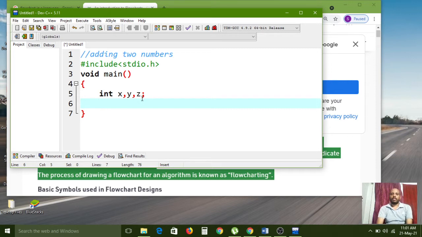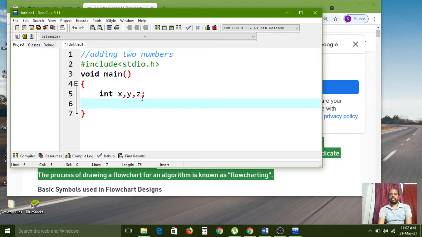In real time, first we need to develop the algorithm, and also the flowchart. After that, the actual code, that is this program, needs to be developed, because first the client needs to approve by looking at the algorithms and flowcharts. If the client approves and accepts those diagrams successfully, then we go on to develop the code.